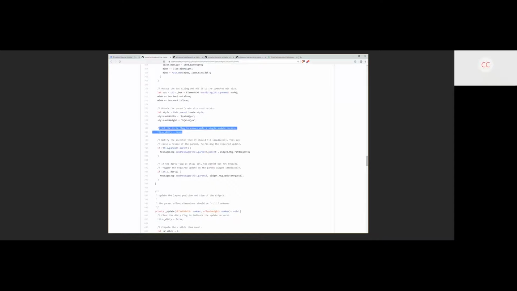And we set a dirty flag to ensure only a single update occurs. And the reason for that is that the next thing that's going to happen is we notify the ancestor it should fit immediately. This may cause a resize of the parent, fulfilling this required update here. So